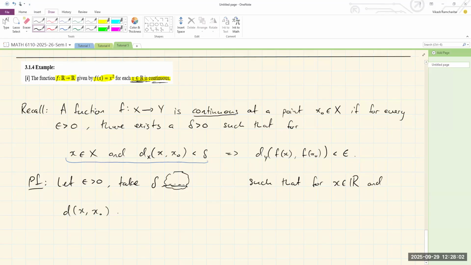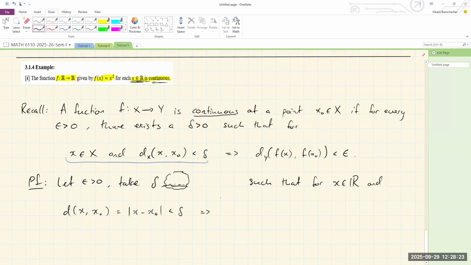But remember, we're in the real numbers with the usual metric, so the usual metric is just the modulus. Instead of writing d of x comma x0, let's just put what it is: modulus of x minus x0. And this is less than delta,